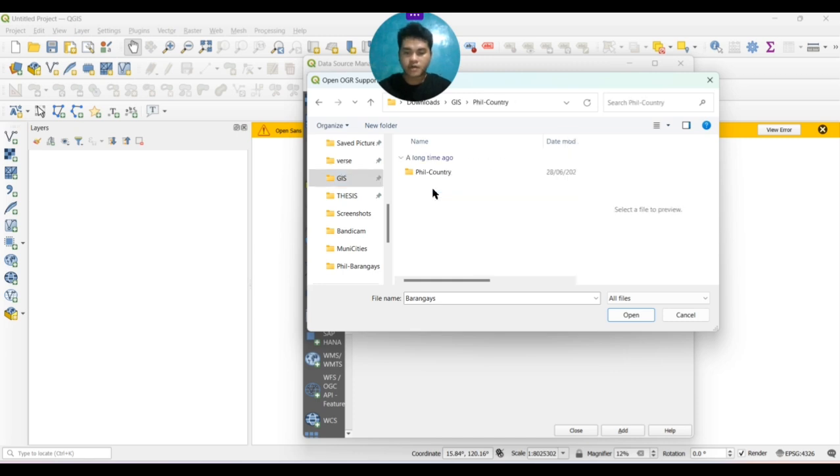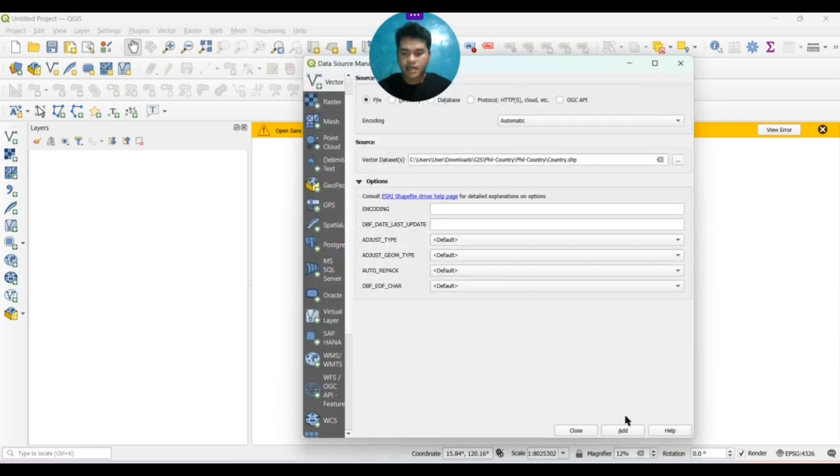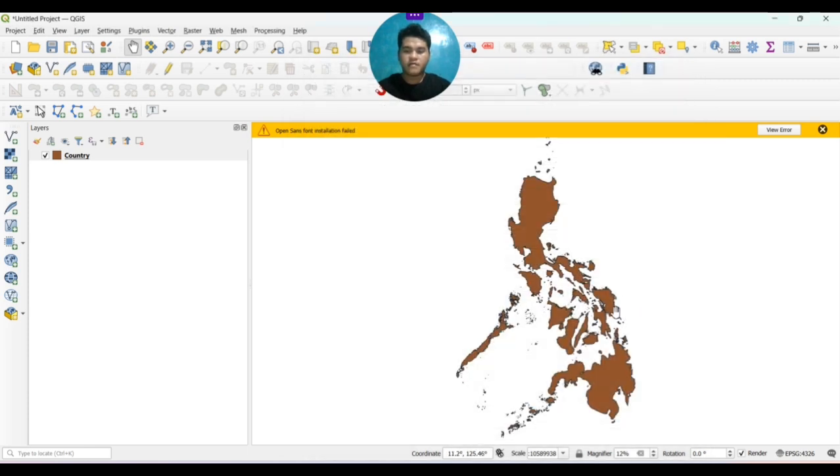So double click for the map, then find the country, which is my country, the Philippines. Click it and look for the country SHP. So here we have the SHP. Then click Add. Don't forget to add it, and when you add it, just close it. Here, you have the map.